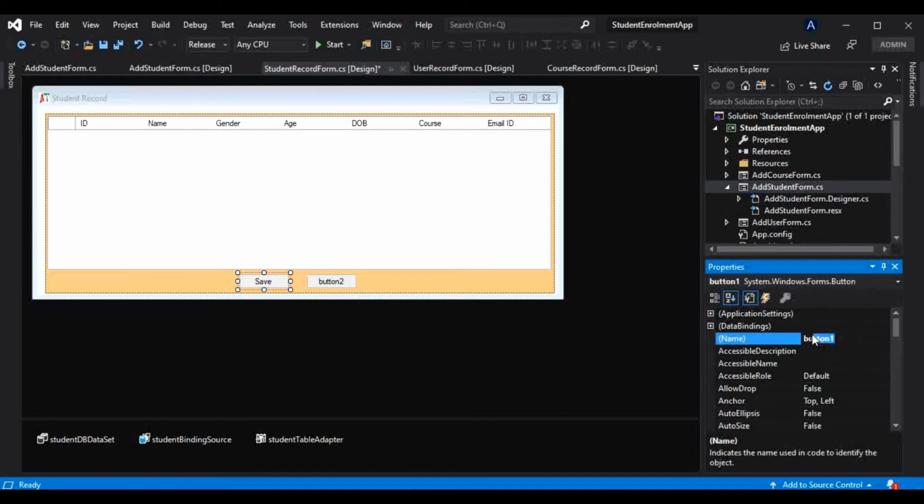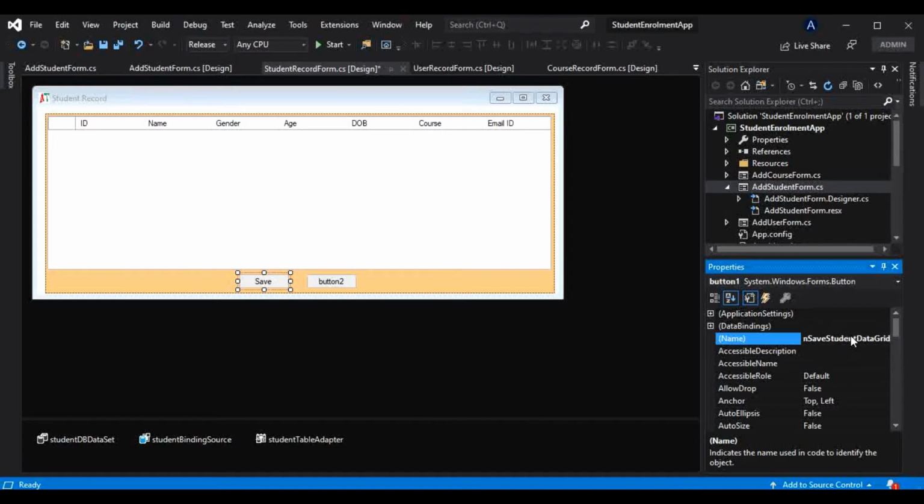And why we give these meaningful names here, as I have already told you, it is very important to give meaningful names to all these controls, because if you want to perform certain operations on them, finding these controls is so much easier if we use meaningful names. Okay, so button save, what is this? Student data grid.